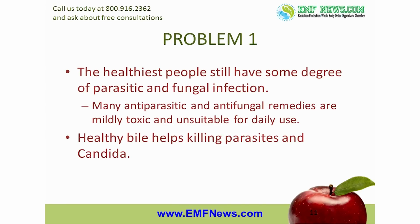The last thing that bile does in the intestines is to kill parasites and candida. Tests show that even the healthiest person still has some degree of parasitic and fungal infection. While there are many antiparasitic and antifungal remedies available in the marketplace, most of them are mildly toxic and therefore unsuitable for daily use. If, however, your bile flow is healthy, then you have a built-in defense against parasites and